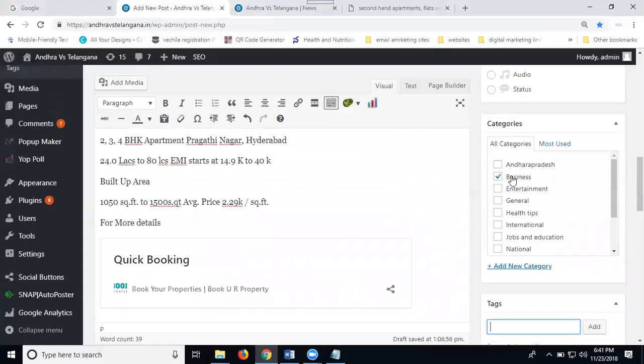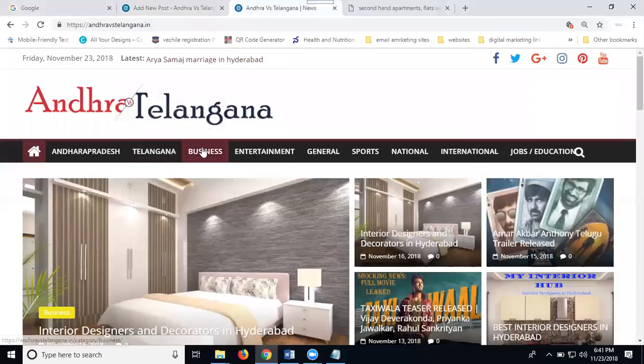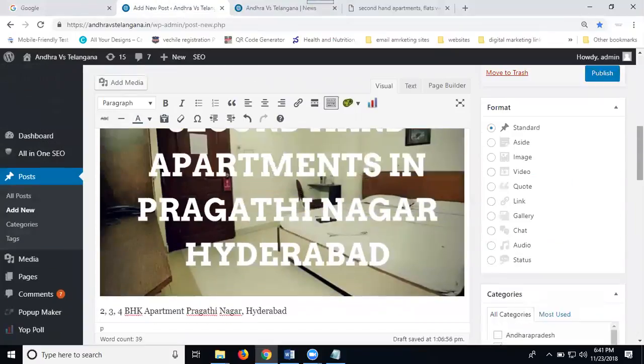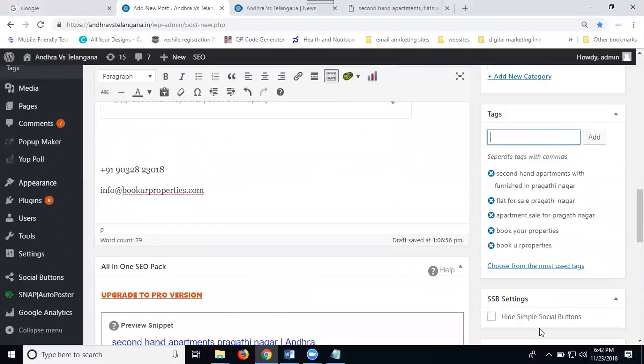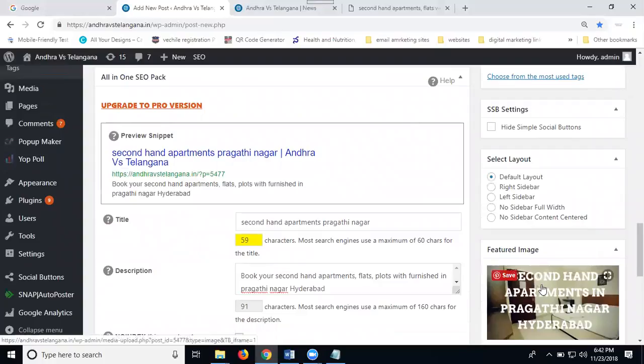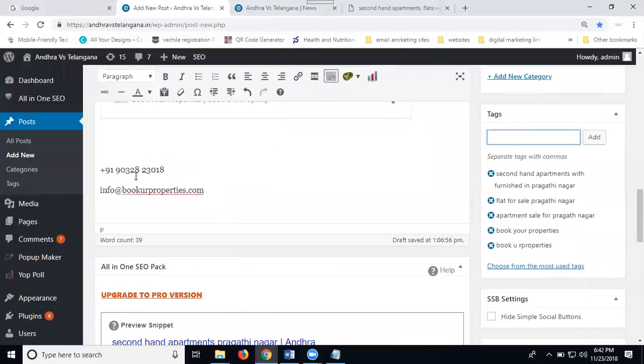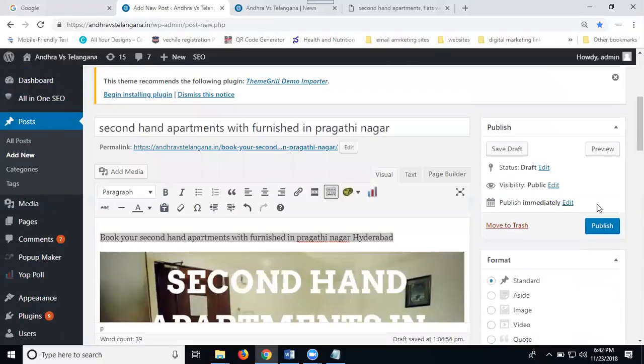After that, you can add the menu name. The name is called business. After that, click the option called publish. In any WordPress website, you can add the image in two steps. One is the content image, and the second is the featured image. The featured image is for social media purpose. This image is for content readable purpose. After clicking publish, this post you have to update again. That is called the update option. The first time posting is called publish. The next time, re-editing it is called the update option.